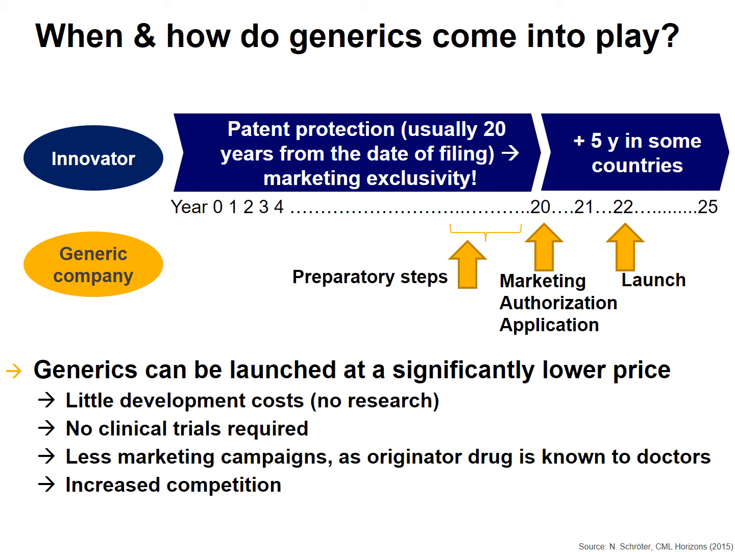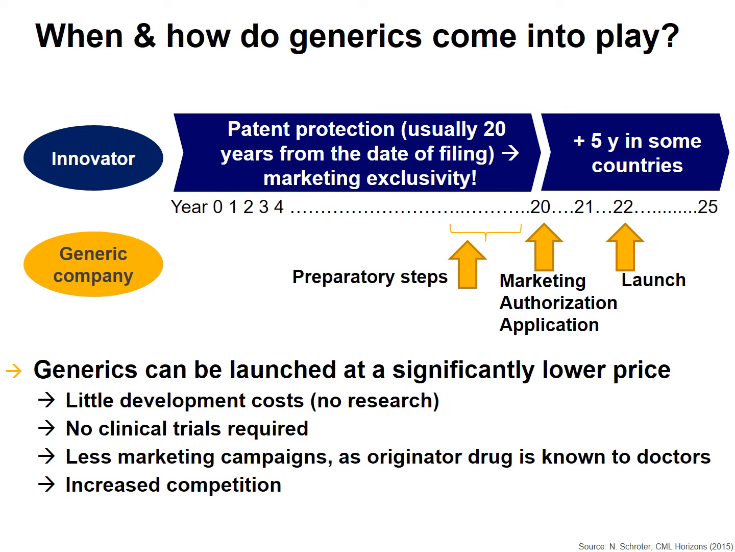So looking at generics, you can see the blue timeline is what I presented before. In total, with all the preclinical development, very early development, we have about 20 years from the date of filing of a patent to market exclusivity. It's up to 20 years. And you can see the generic company skips all these steps because they come in at the very end